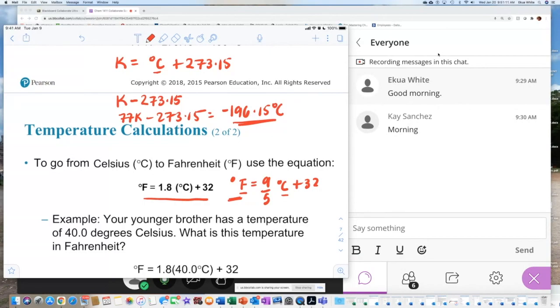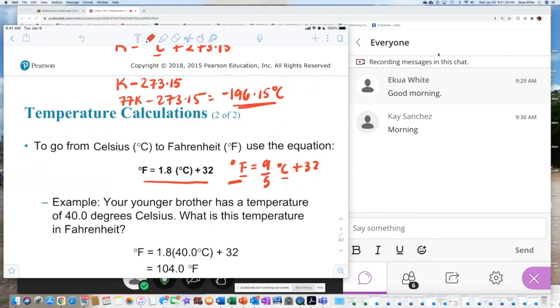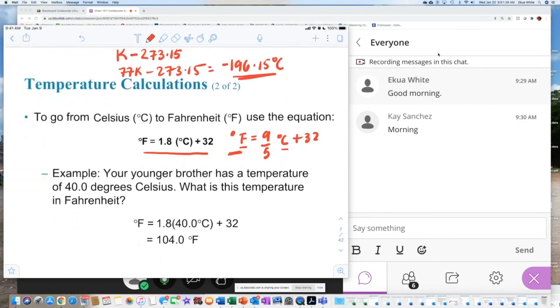And I'm saying this mostly for those of you who are going to take the MCAT, PCAT, one of those CATs, or the DAT, the dental school admission test, for medical school, dental school, or pharmacy school. You want to make sure you have this down. It's very helpful. So ultimately, if you take 9 over 5 multiplied by Celsius and then you add 32, the final number will definitely be larger. After knowing this formula, the question is, your younger brother has a temperature of 40 degrees